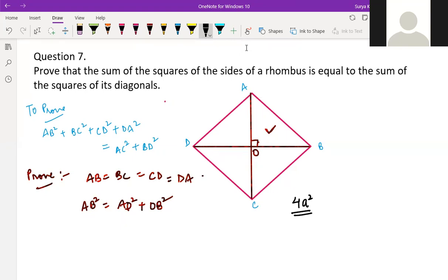After this, the diagonals, if we see it by Pythagoras theorem, one side is a, the other side is a, and then the diagonals will be root 2a. A and A, diagonals will be root 2a. AC and DB will be root 2a. You are saying one diagonal is root 2a, right? Yes, sir. Then we will do the square and sum it, and we will get 4a square.